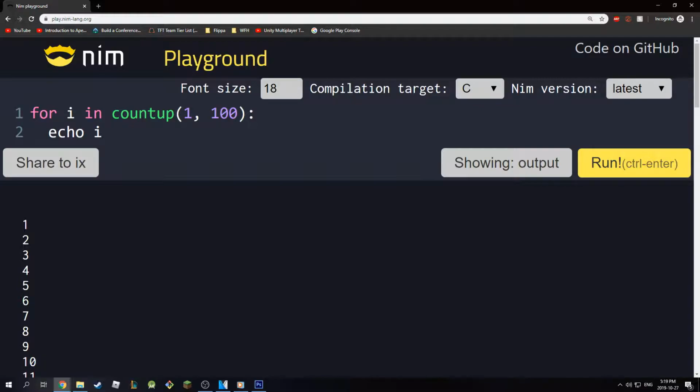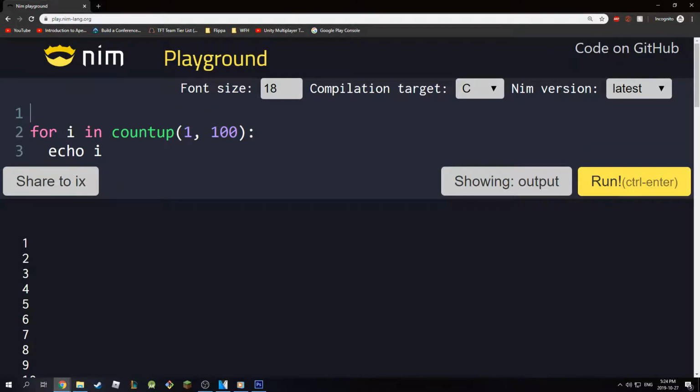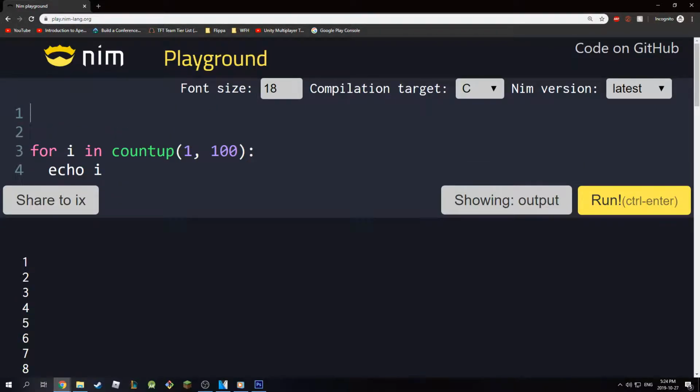Obviously the usefulness of this goes way beyond just printing statements. If you have an array like we've discussed before, you can go like this. So let's say let array1 equal to, and I want to print hello, so that's the first element, and so on. If I have something like this and I want to go through this array, let's say an array with thousands of elements, I can just go here and do array at i. So I'm just accessing the index here, and if I hit run,